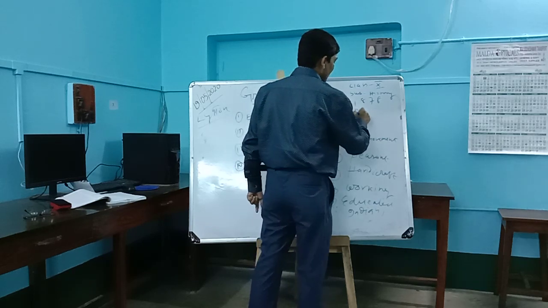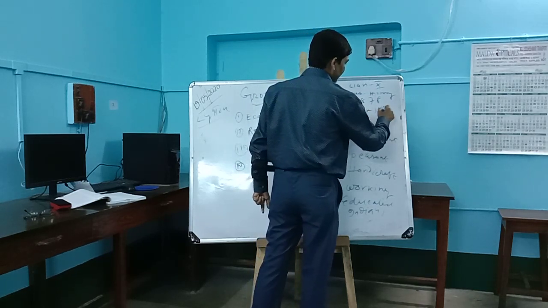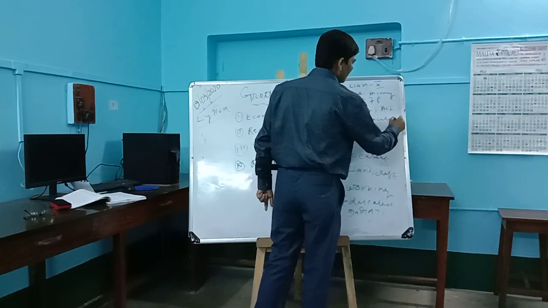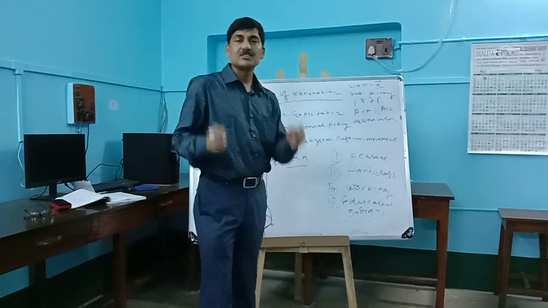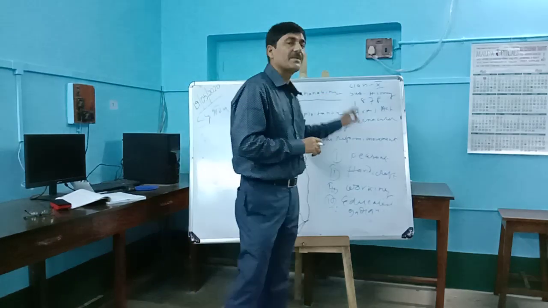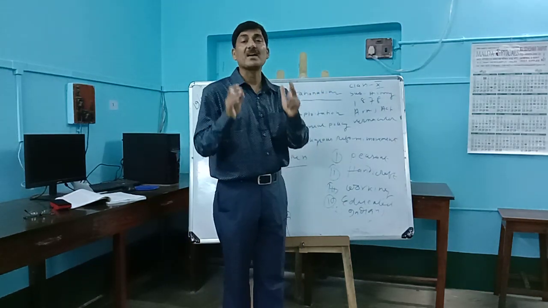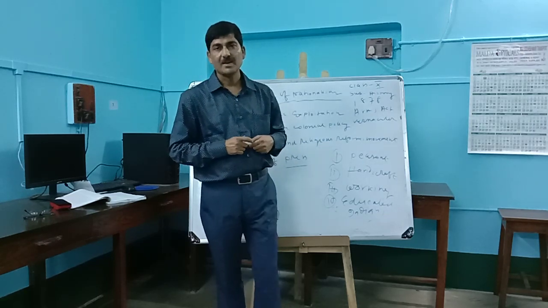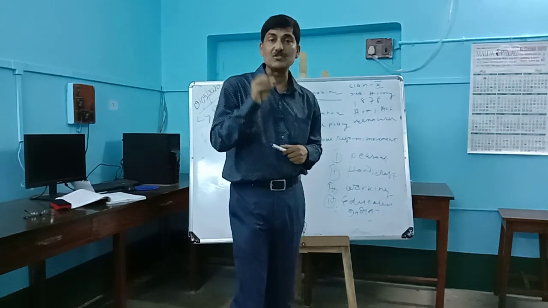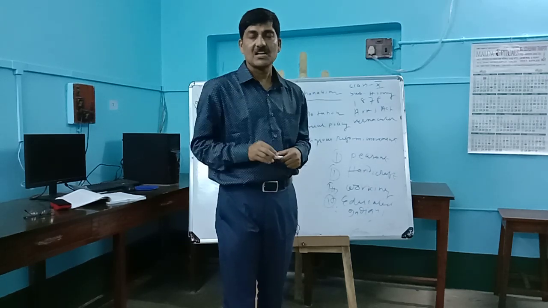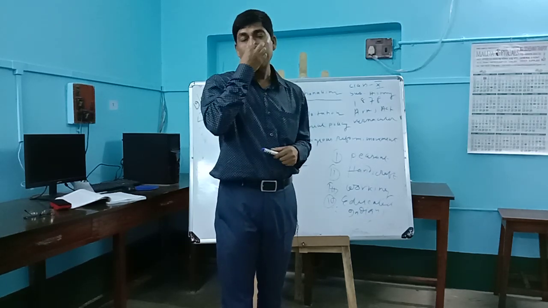1878. Number one, the Arms Act. Second, the Vernacular Press Act. These two acts were passed by Lord Lytton in 1878. So what was the Vernacular Press Act? The Vernacular Press Act prevented the Indian newspapers, the Indian journals, the Indian editors from writing anything against the